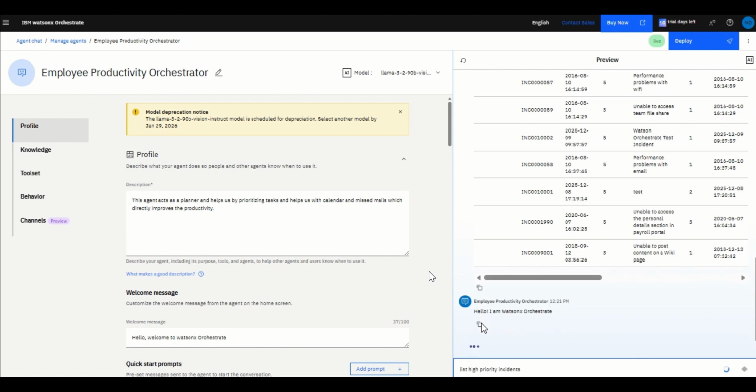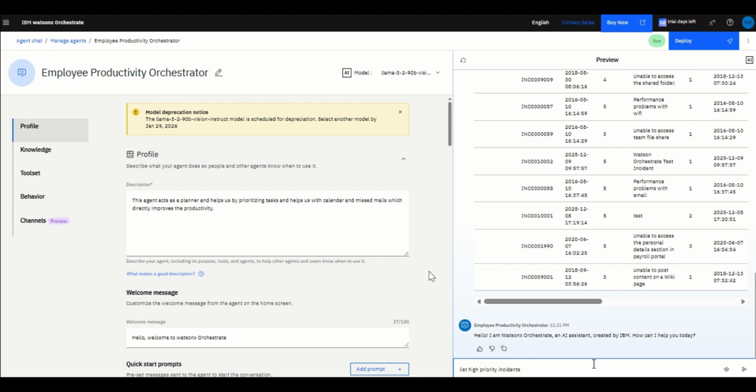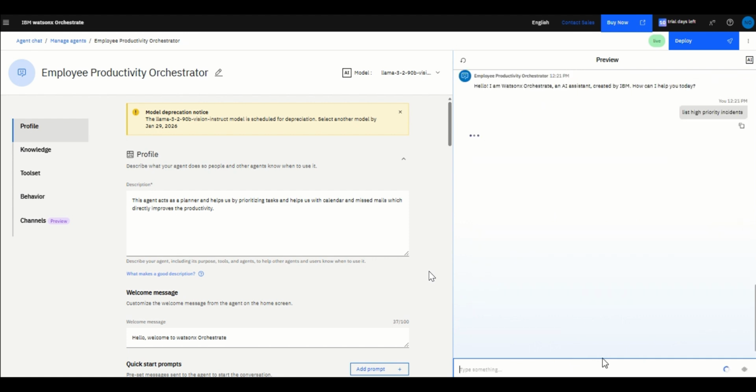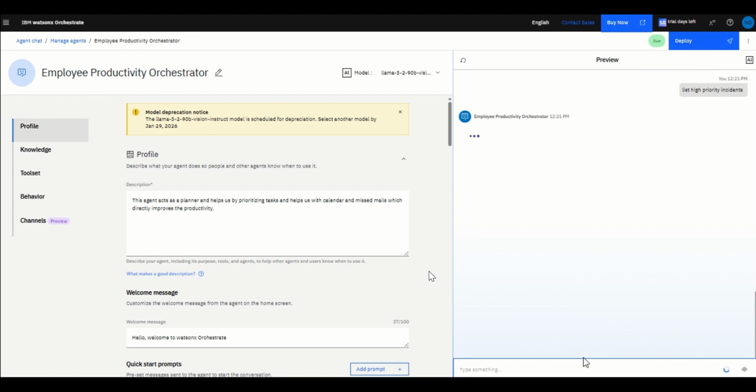We can even modify this. This is in the beginning stage. We can even train this to list things out according to the priority. It will help us in many other ways.